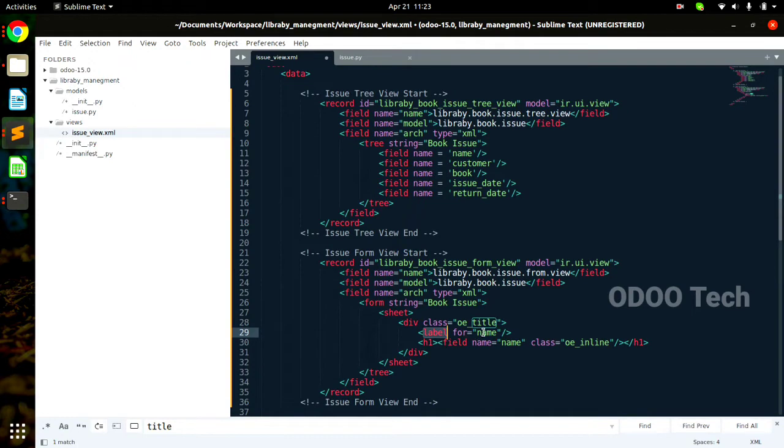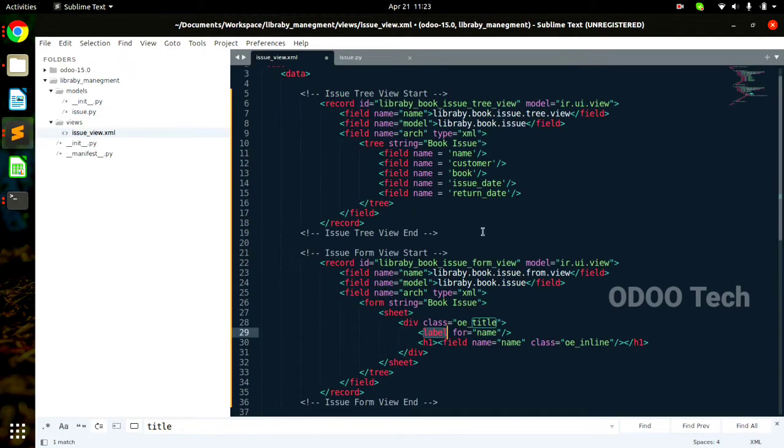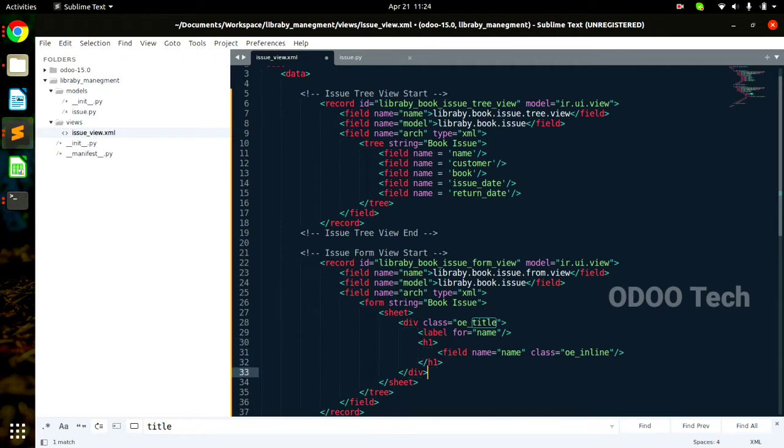So label for name which will display this issue number. After that, on the next field in the H1, in bold letters we're gonna write the name, and it's a one class which is used for that. Let's give a good indentation. Okay, now as this division is complete,